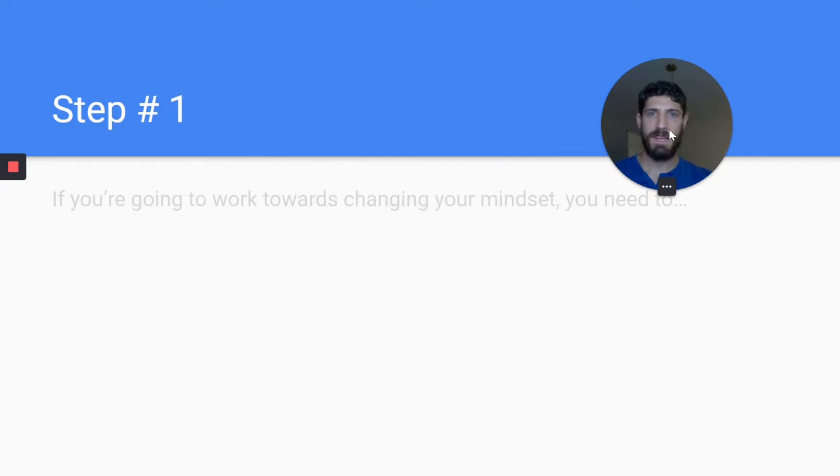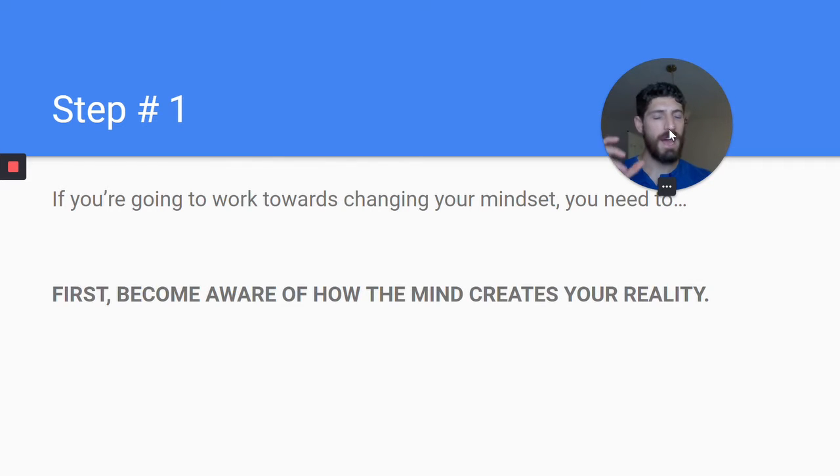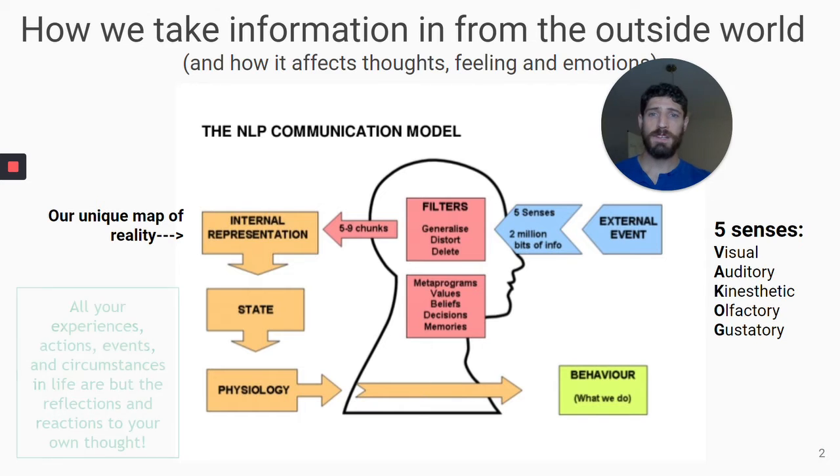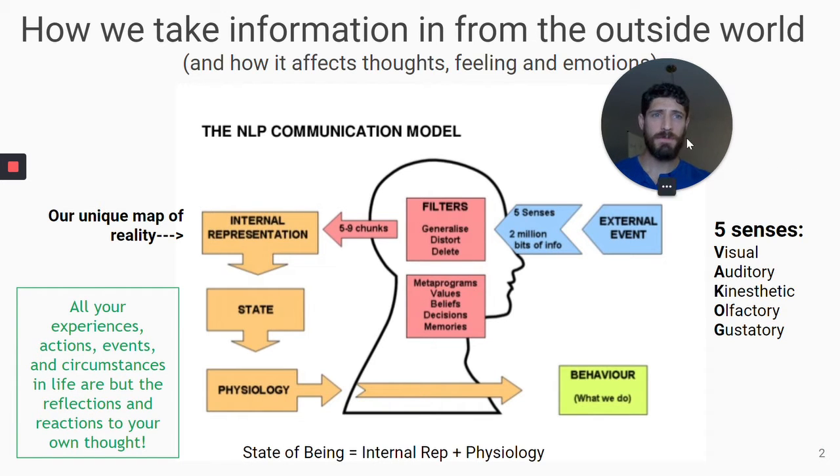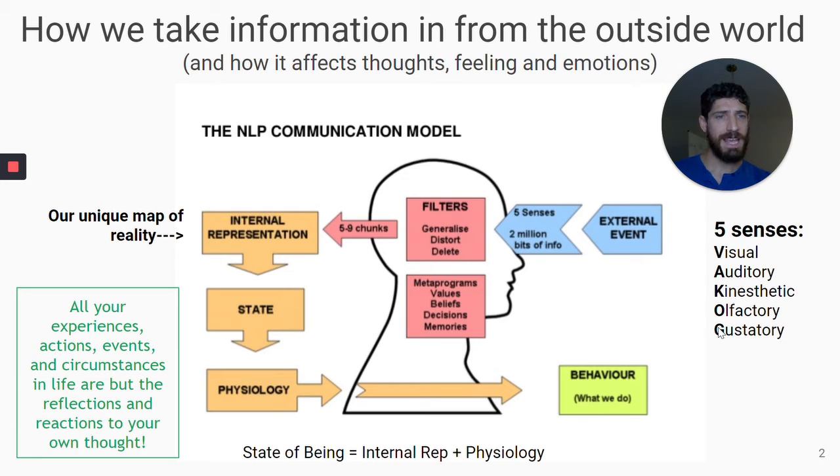Step one. All right. In step one, if you're going to work towards changing your mindset, you need to become aware of how your mind creates your reality. We do not interface with reality directly. And so let me explain this to you. Basically, what's happening here is we have our 5 senses where we take in raw data from an external event that happens. We filter that down through our unconscious and conscious processes of a lot of data to a very small amount that we consciously perceive. That is then filtered, it's generalized, distorted, and deleted, and we base that on different metaprograms,